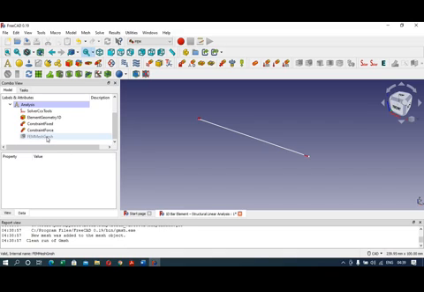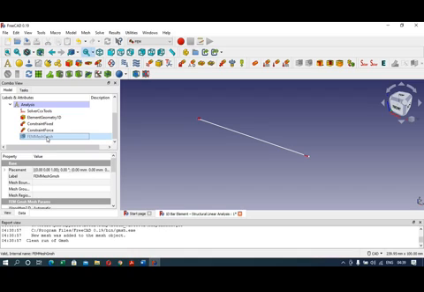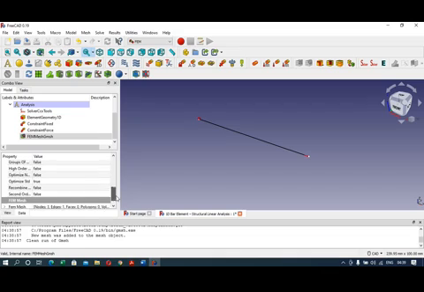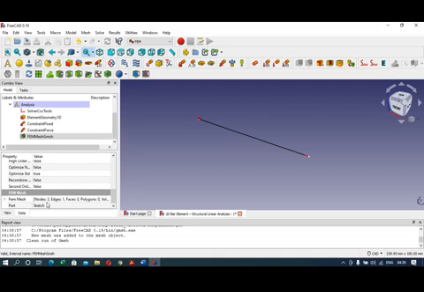So here if you click on this, so see this FEM mesh G mesh is gray option, so its visibility is off. You can turn off and turn on the visibility of any item in the tree by clicking on the space bar button on the keyboard. So this FEM mesh Gmesh visibility is on now. So you can see its sub options here at the bottom tree options. So here you can see that the nodes are 3 and edges are 1. Only single element is there, one edge.